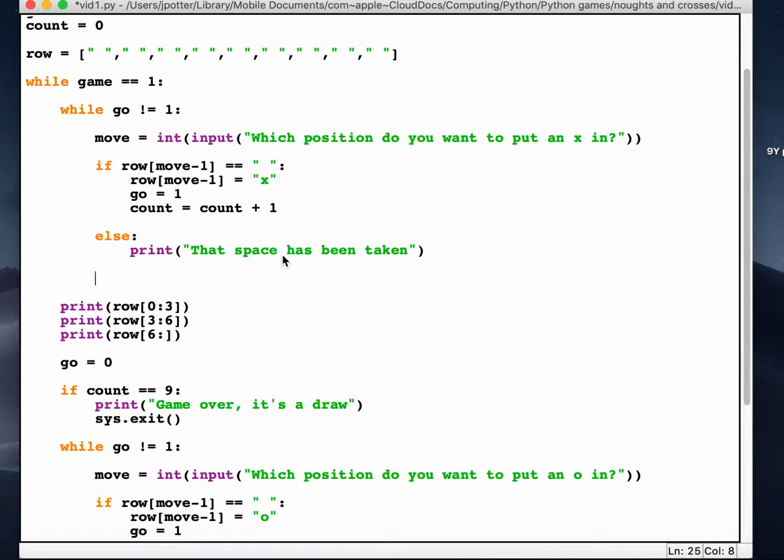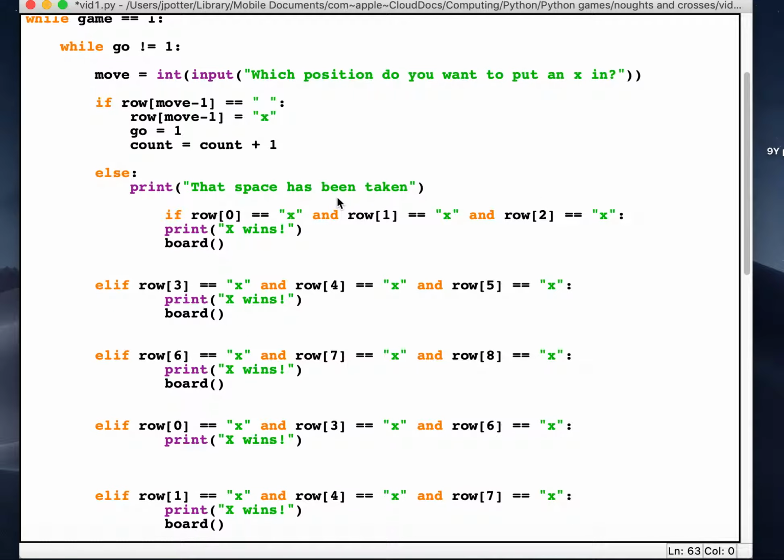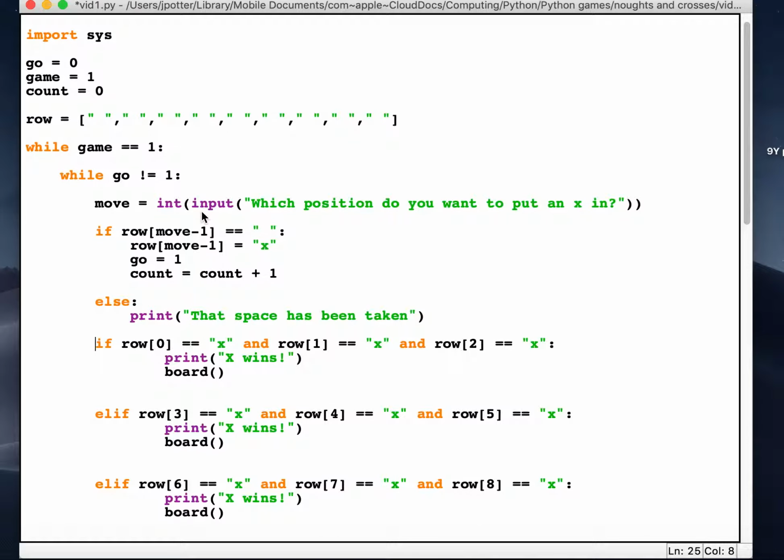I've just copied a load of stuff from my other program just to save me typing it out, because it will take forever. But basically, as we said earlier, lists work on what we call index numbers. So that would be index number 0, that would be index number 1, that would be index number 2, that would be index number 3, and so on.